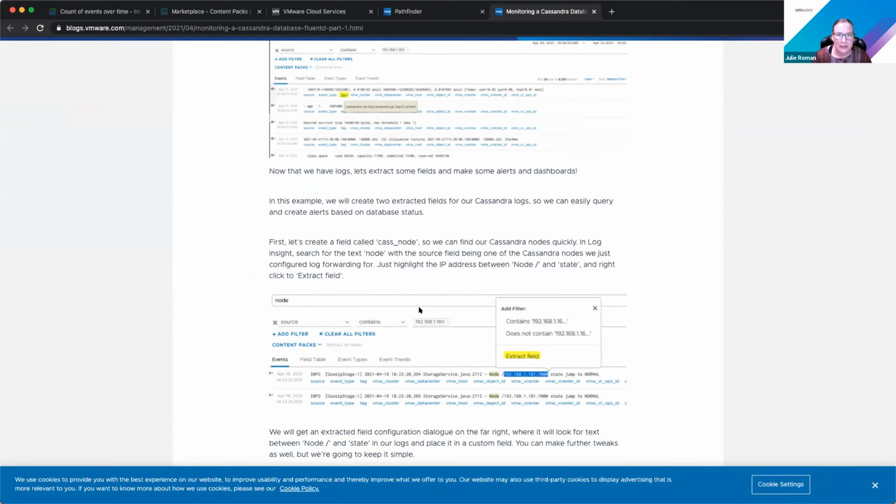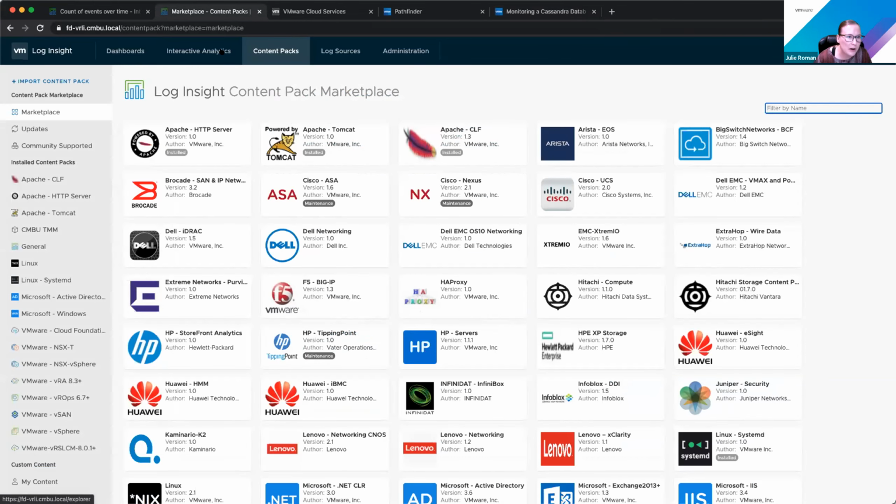So you also want to make sure if there is a content pack you're looking for, and I can totally understand you don't want to do the legwork, just let your TAM know and we can add it to the development of other content packs. Is there any kind of licensing for content packs? No, every content pack for Log Insight is free. We do have, like, there's a Cloud Foundation VCF content pack that's available in the community marketplace that I can actually show you. That was actually developed by one of our PSO